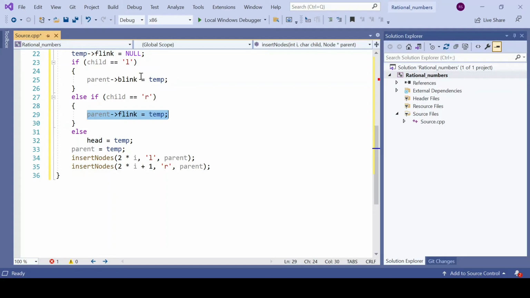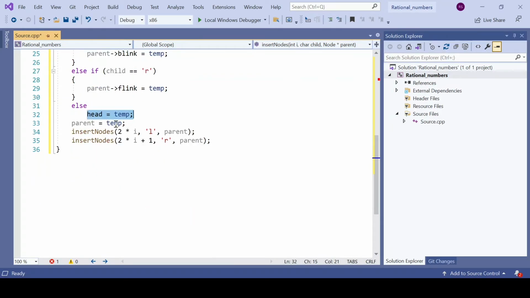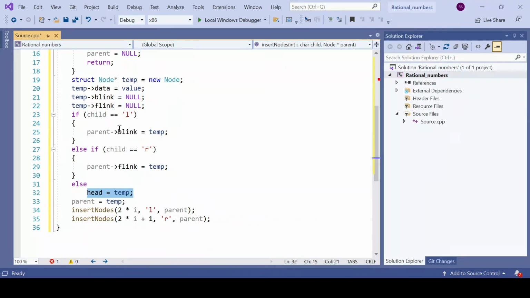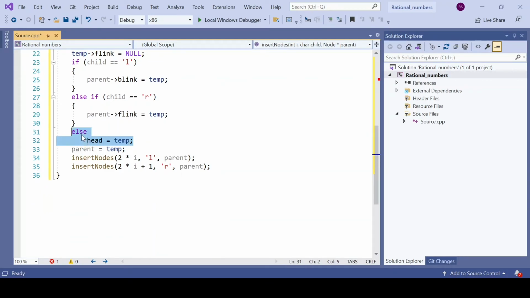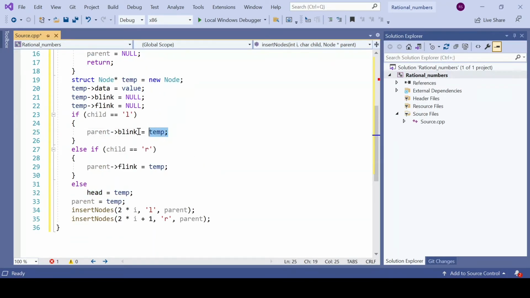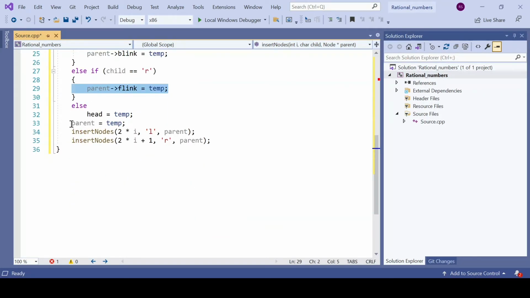So the new node gets inserted into either of these two pointers, and this else part executes only once, when you are inserting the first node into the linked list, that is the root node. Once the root node is inserted, this statement will never be executed in the program, and so by then we would have completed the insertion of the new node. So either we would have inserted the first node like this, or a left child or right child. One of them would have happened, and after that we need to continue this recursion.